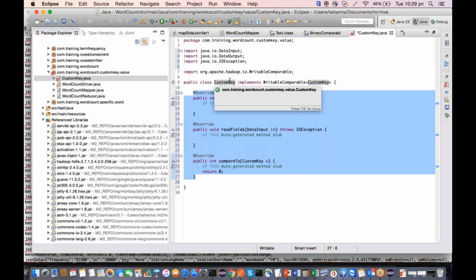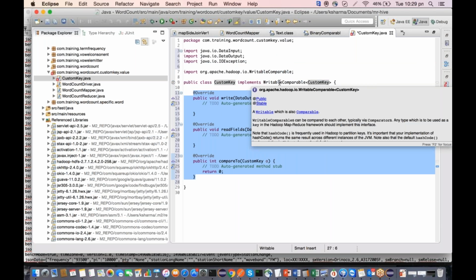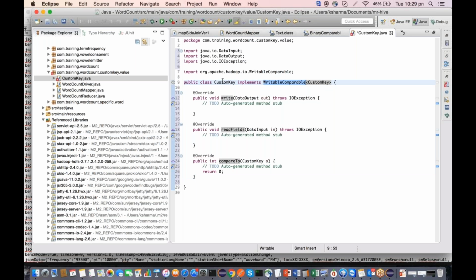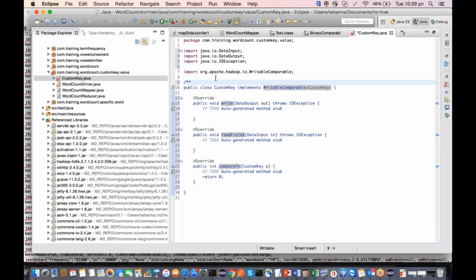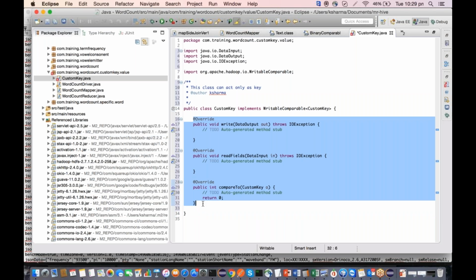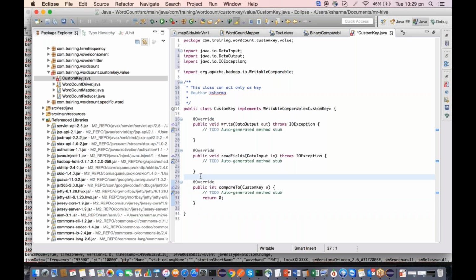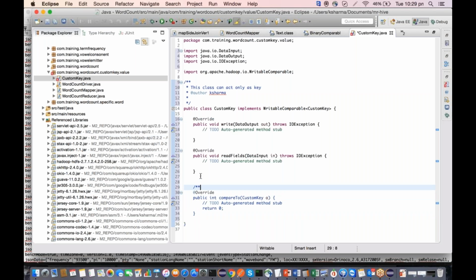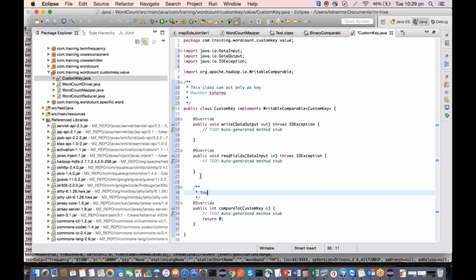Remember, I have implemented WritableComparable, which means that this class is going to act as my key. This class can act only as a key, that is the most important thing. And you have to provide the implementation of these three methods. The compareTo method is there, wherein, since this is your custom key,